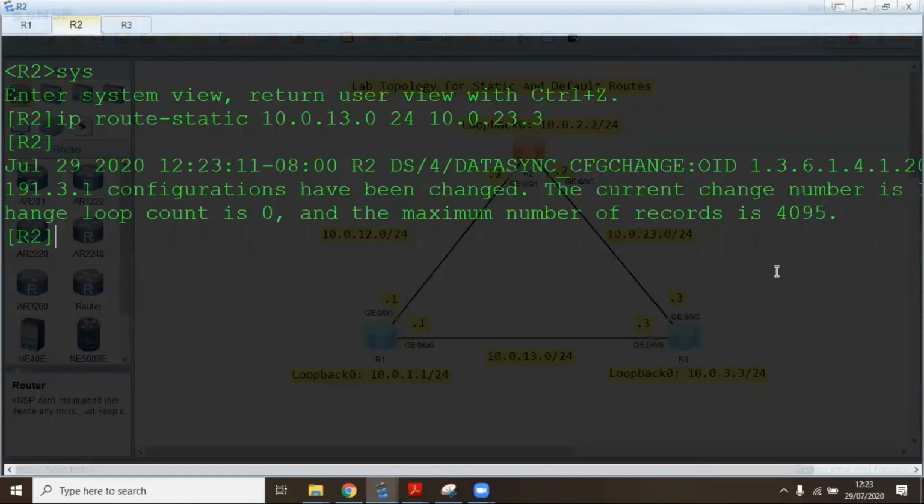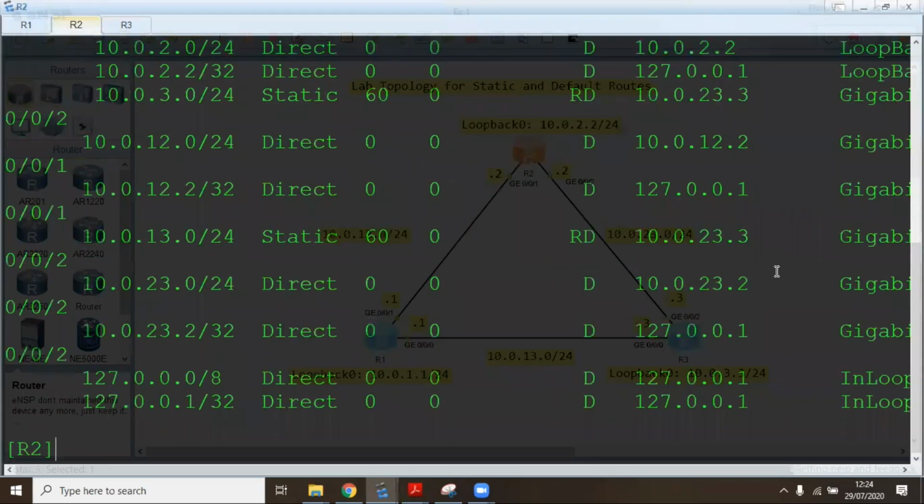Okay, so we also configure a static route to the loopback interface network. So the network is 10.0.3.0/24 again. Then the next hop is the same. So like that. So now if we do enter and do display IP routing table,